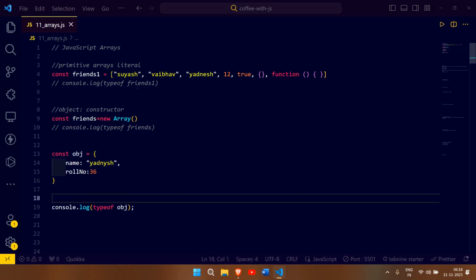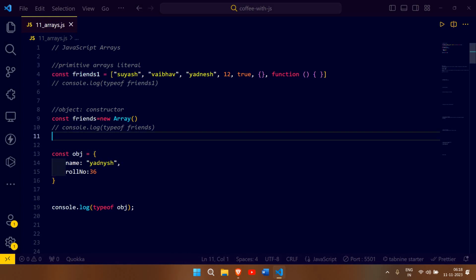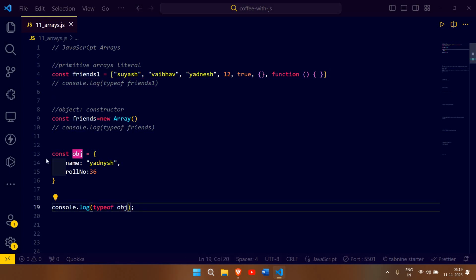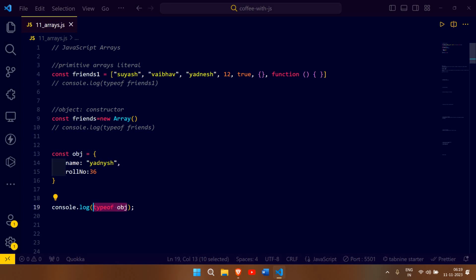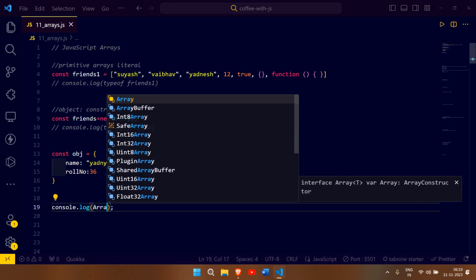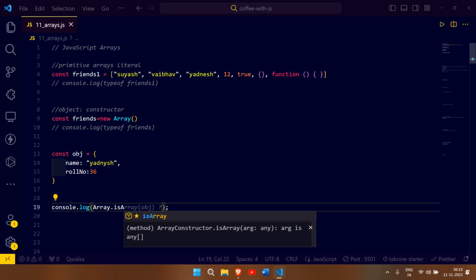So in that case, if you want to strictly check whether this is my array or not, because if I'm just printing typeof now, it's giving me object in both cases. But I want to strictly check whether this is an array or whether this is an object. So in that case what I can do is, I have the method Array.isArray, and